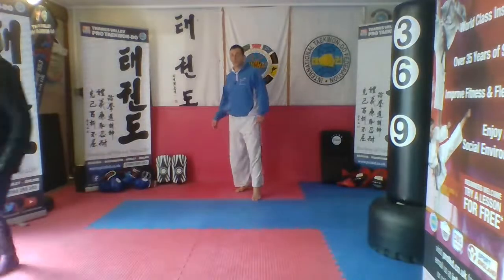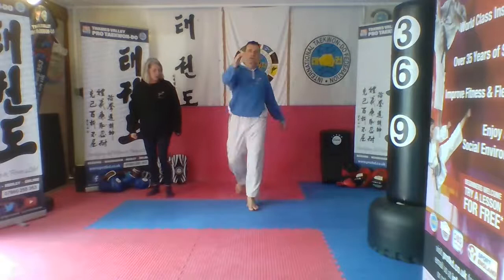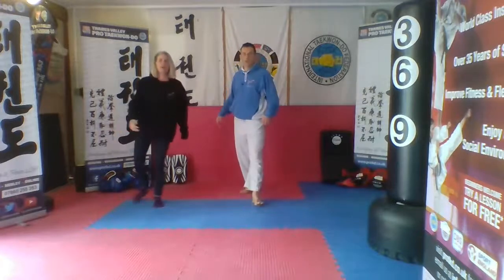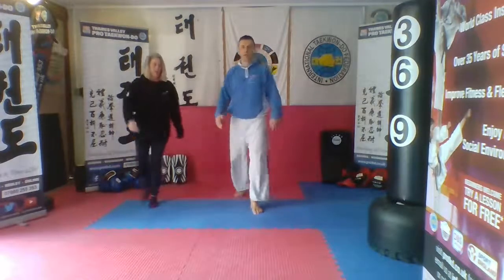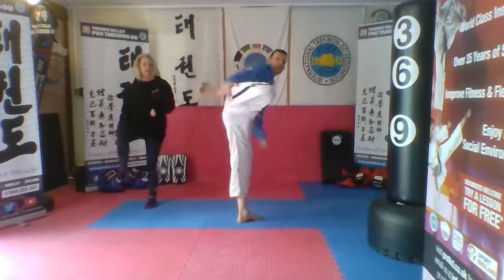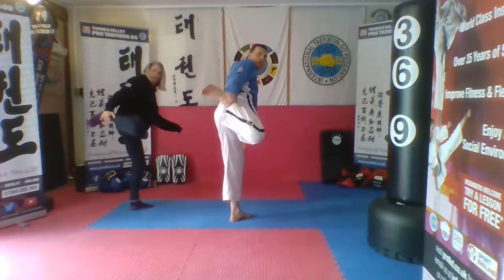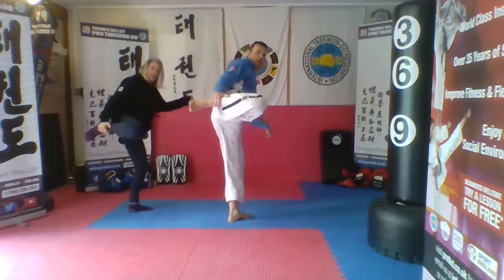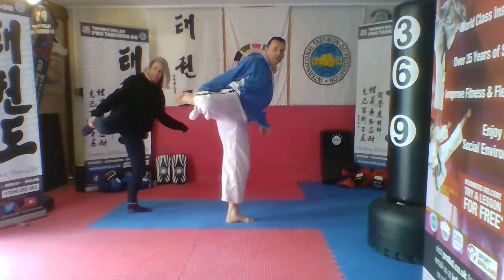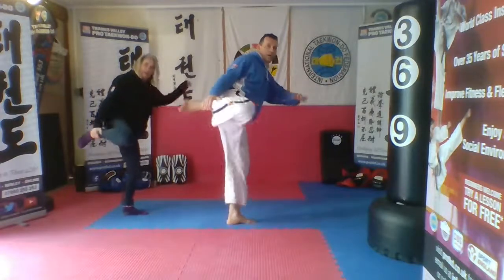Okay, so we worked a little bit on those hips. This time, you're going to bring the knee up forwards, and as you bring it up, you're going to pivot on your ground leg, grab hold of your shin, like so. Okay, so let's just have another look at that. You raise this knee up, you turn to the side, and you grab hold of your shin so that your whole leg is flat horizontal, okay? And that your knee is not dipping down. Keep your knee up high. Right, now, pull that knee back and forward each time, still trying to arc the knee to a highest point and pull it right back